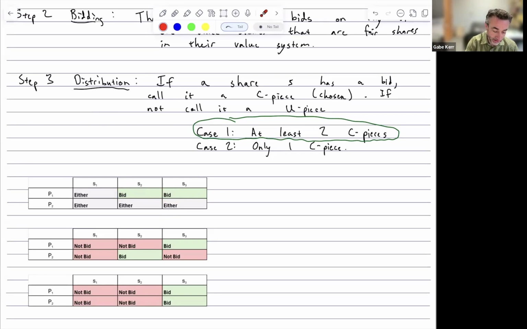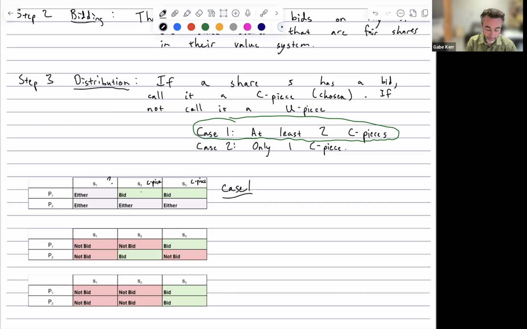So this is certainly a case one scenario. And in this case, of course, this is going to be a C piece, and this is going to be a C piece. And it depends on what player two chooses